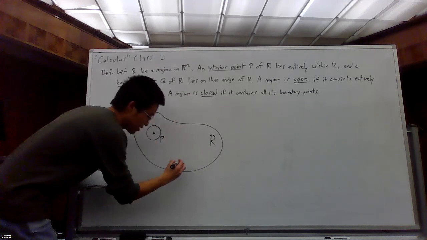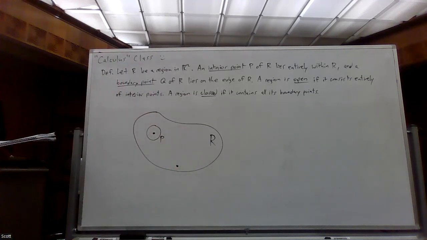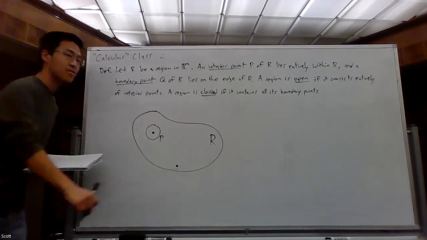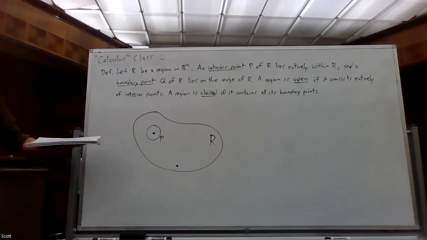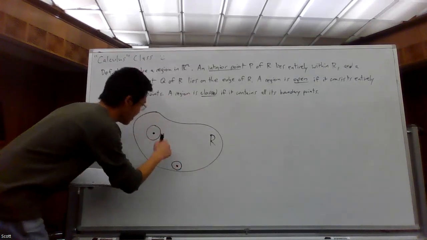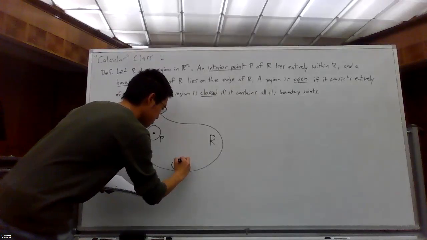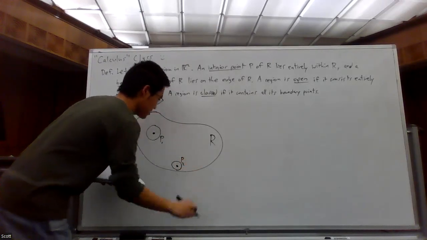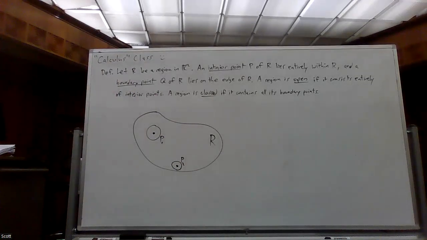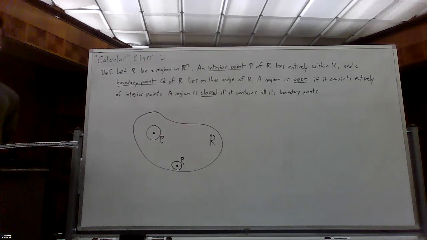Well, say it's near the edge, right? So this is pretty close to the edge. However, does there exist a circular region where this is the center, such that you only have points in R? Yes. So you just choose a smaller one. Maybe this is a pretty big one, you have a lot more freedom there. I'll call this P1 and P2. There still exists an interior point in it. You get to choose how big.